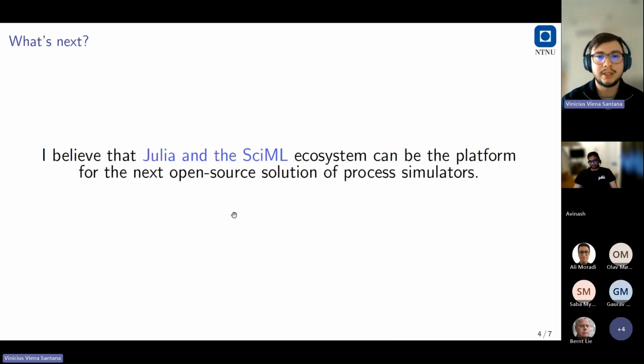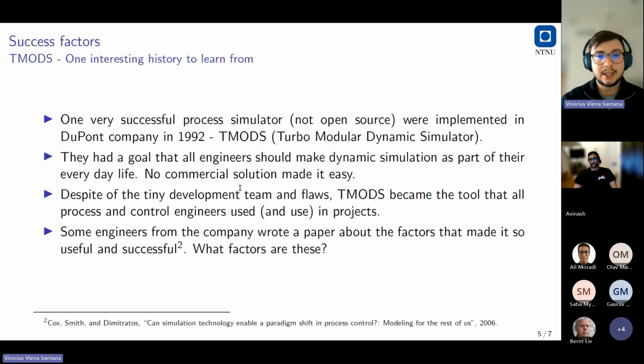So regarding what will come next, I believe that Julia and the SciML ecosystem can be the platform for the next open source solution for process simulators. And to map the success factors to do this, I brought one example. It's not open source, but it came from a company, DuPont, which is one of the greatest chemical companies in